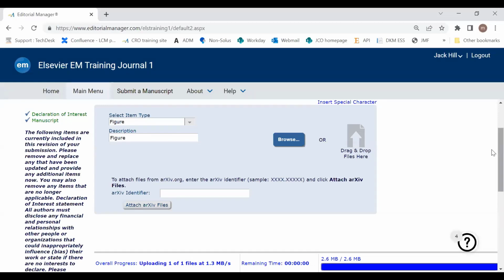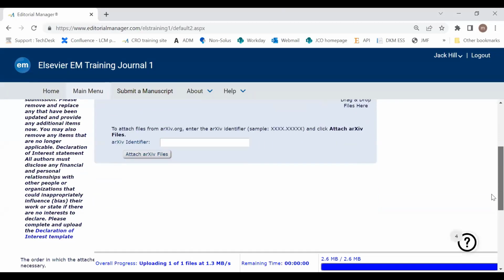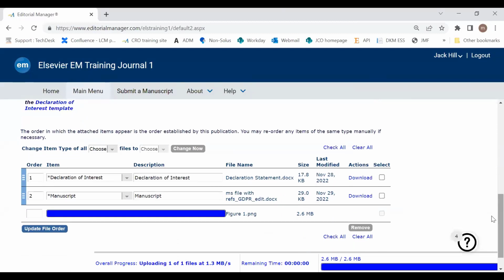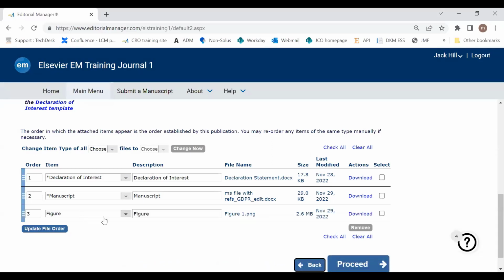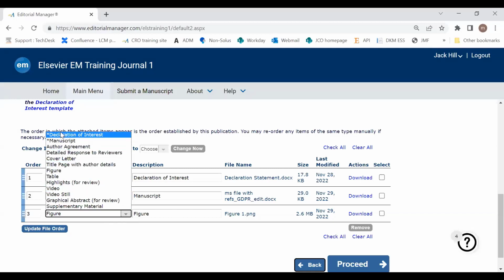Once the files are uploaded, scroll down. It's taking a few minutes to upload. Okay, scroll down to ensure that all the documents that you would like to upload along with your revised submission are being uploaded here, and the descriptions and the item descriptions are selected correctly before you proceed to the next